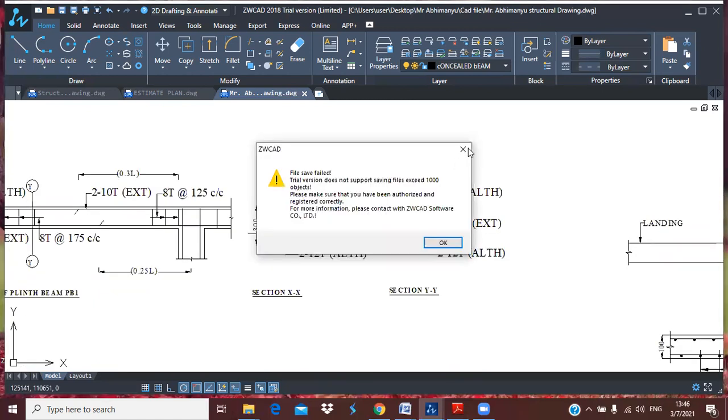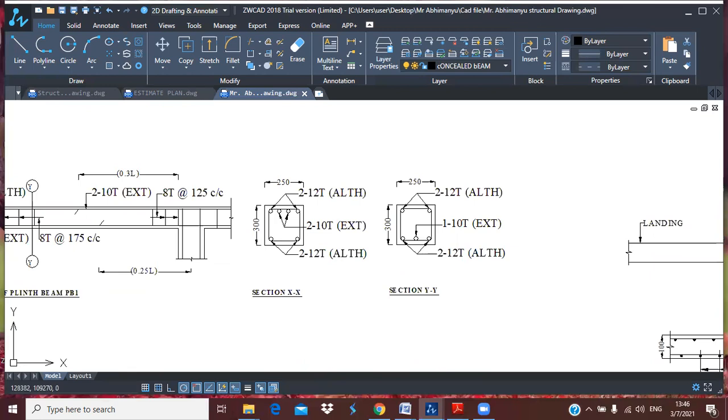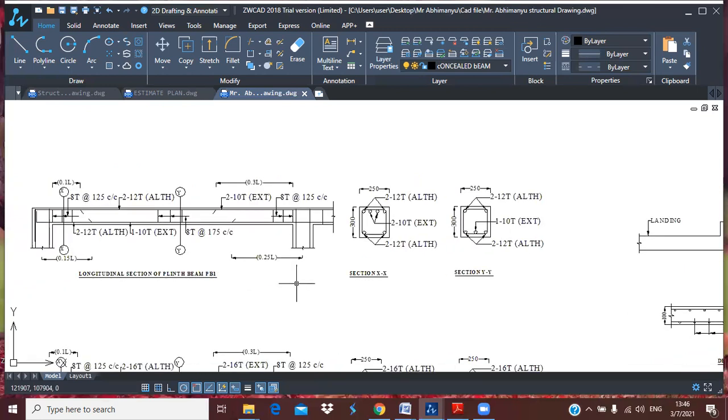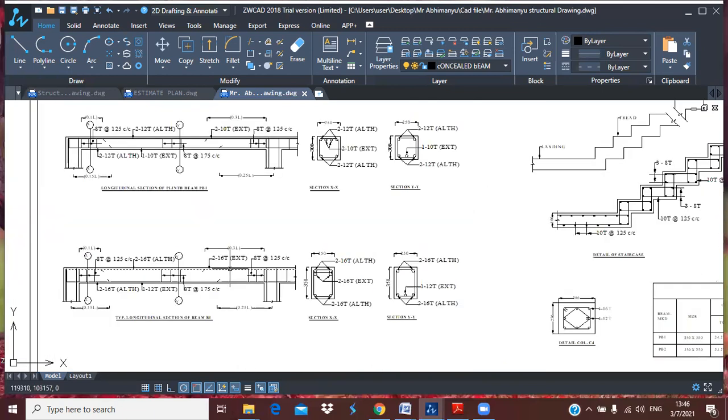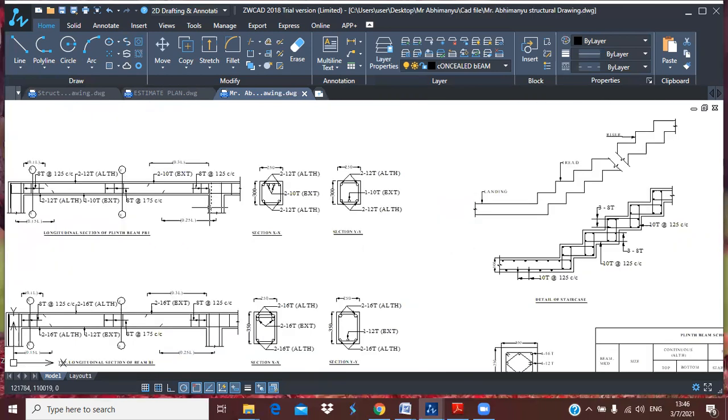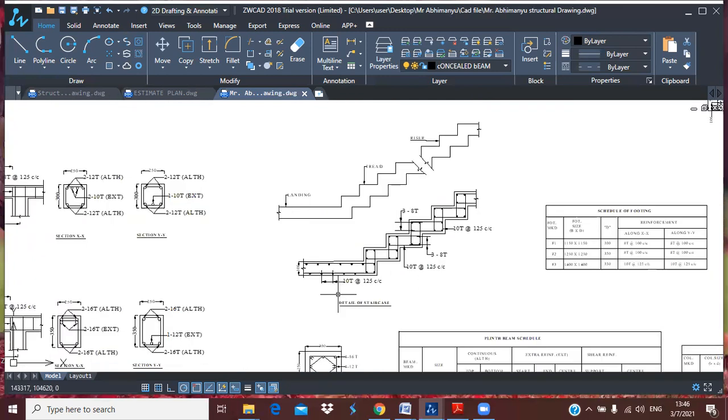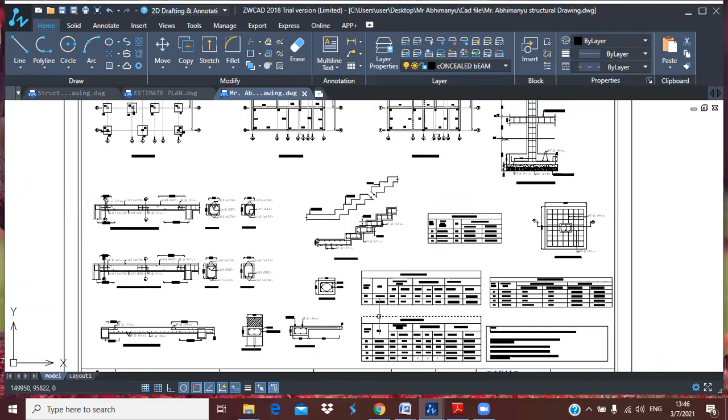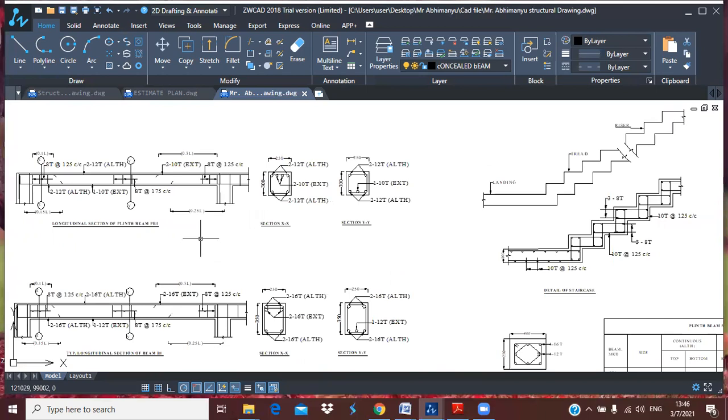So in the upcoming videos, I will be making videos related to how to do BBS of beam, that is plinth beam and roof beam, and of column footing, whatever you will suggest to us. Okay. So after calculating the quantity, you can also see our previous videos.